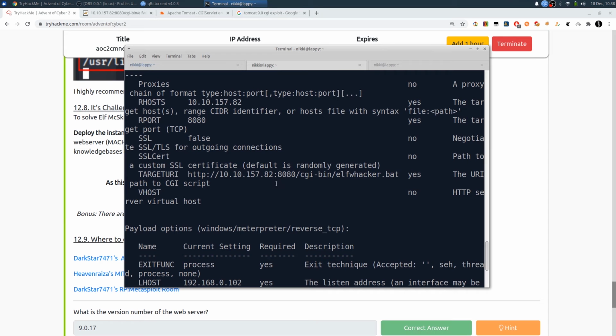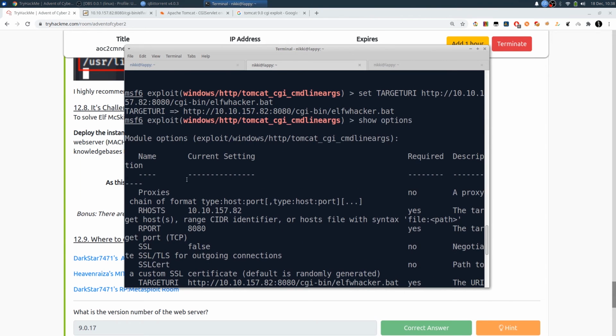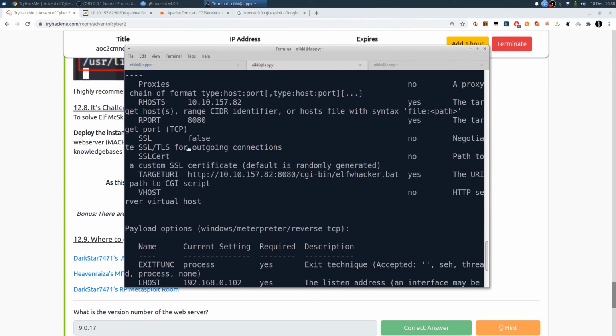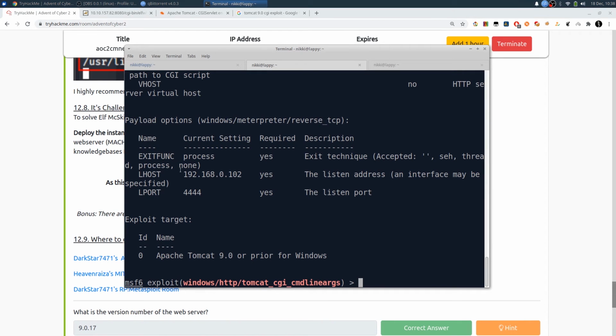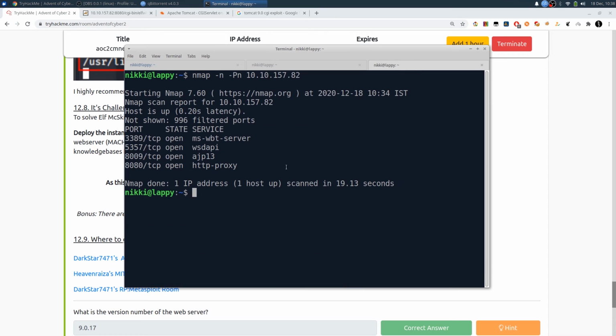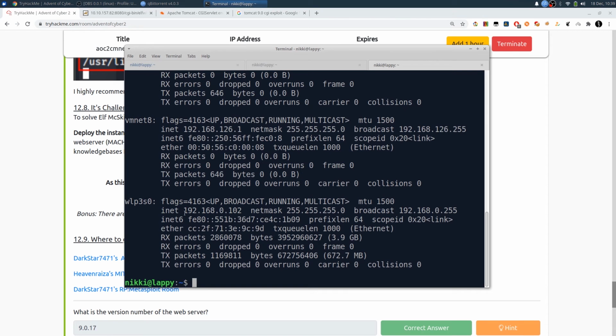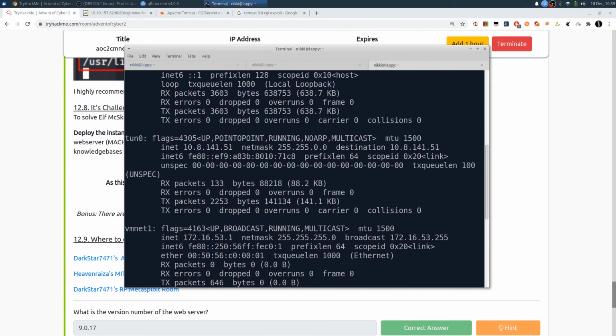Okay, the options regarding the server have been completed. Now we need to modify our payload options. LHOST, we need to change to our 10.0 adapter. Type ifconfig. So let's copy this.